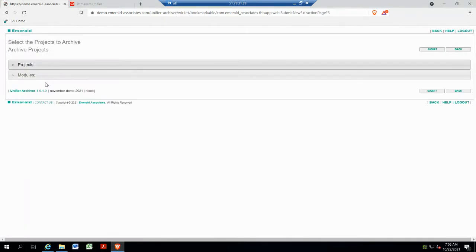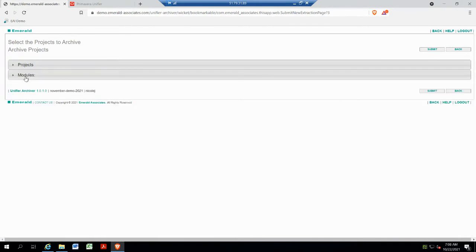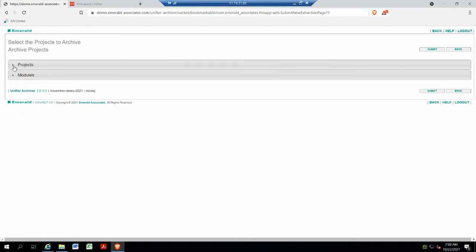So it's a very simple user interface. We pick the projects and company level data that we want to extract, and we pick the modules or the business processes that we want to extract. And then you submit, and off it goes and does its thing, okay? So very simple user interface in terms of how to actually run the system. Now,